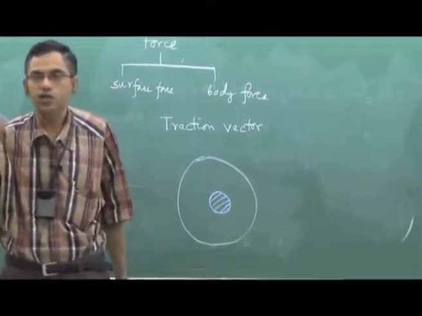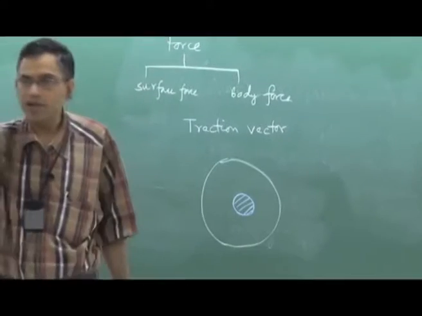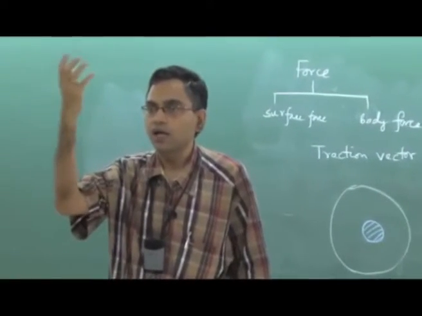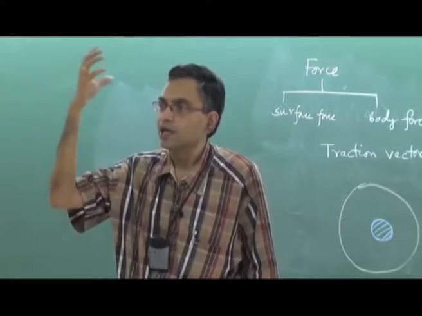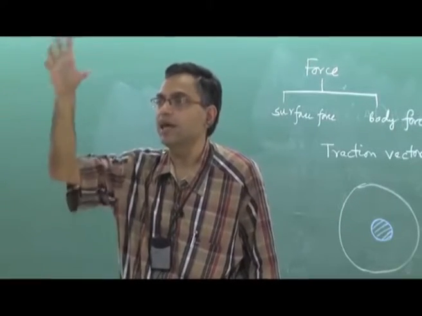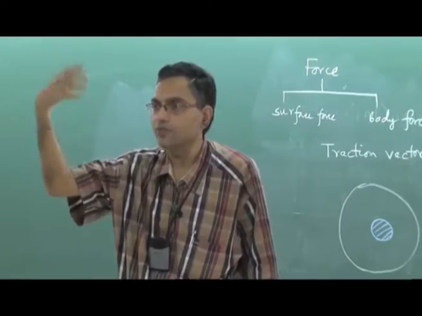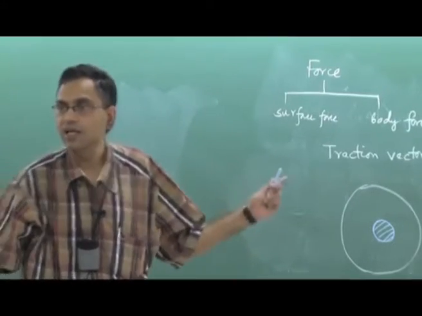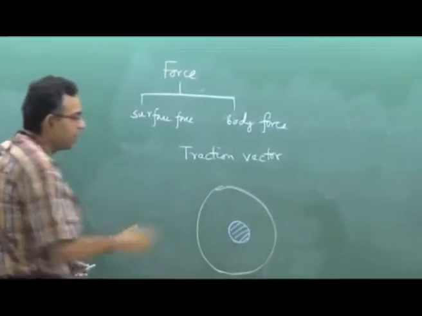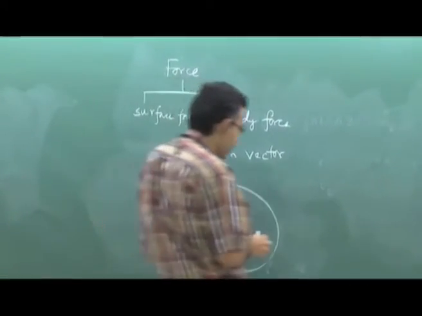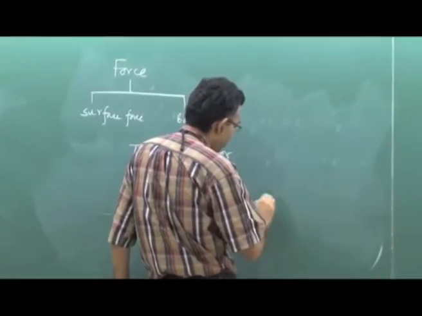This is just like drawing a free body diagram. If you isolate one part of the system, then you have to show all the forces exerted by the other parts on that part. That is the concept of a free body diagram. So, if you have isolated this part and you are interested to draw the free body diagram of that, if you do that,